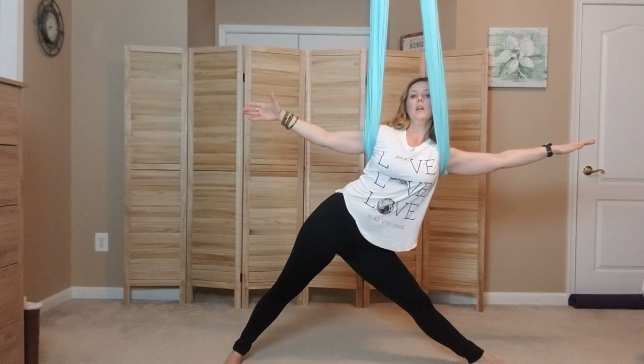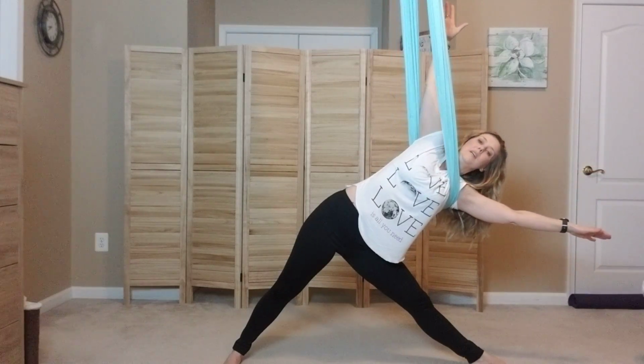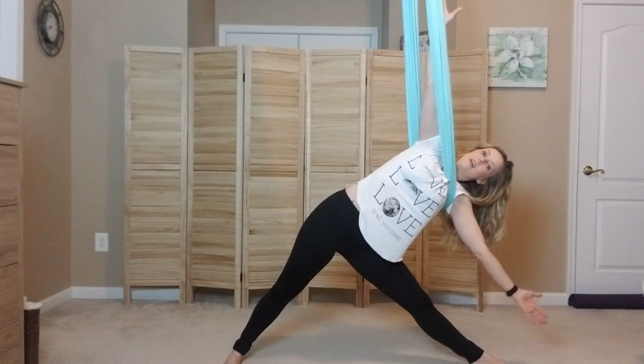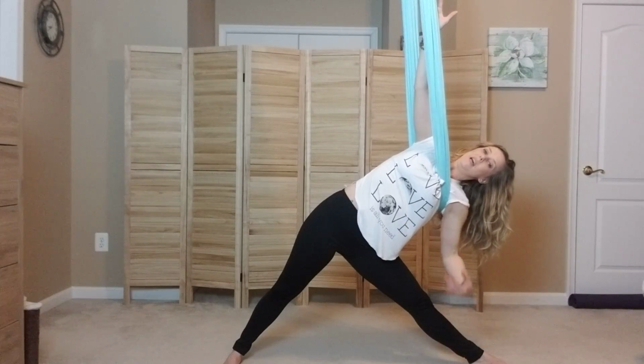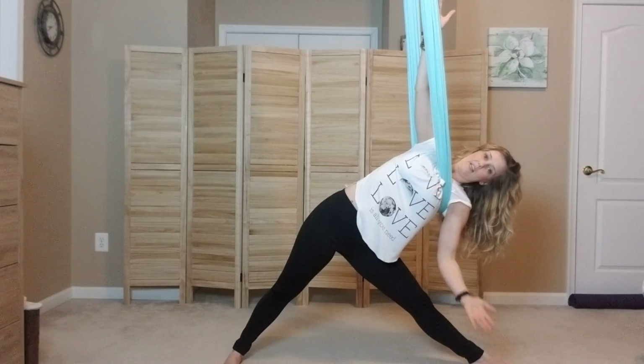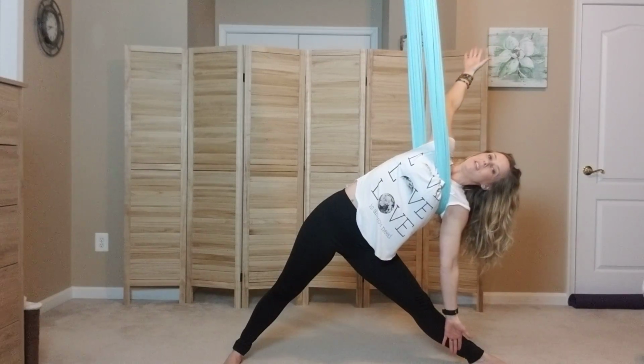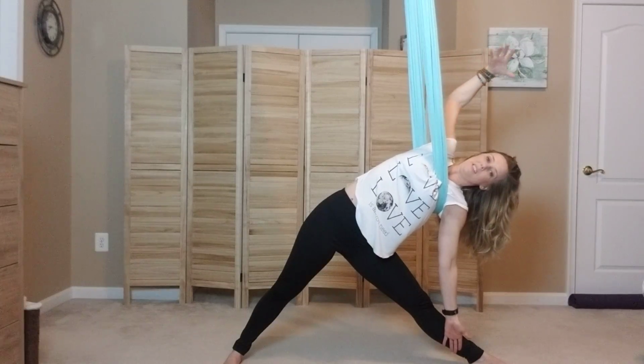Triangle. Make sure you're breathing. Breathing is good. One more time. And then you're gonna stay in this triangle. Glide those hands forward. Your back side, that shoulder will come off and around the silk. It can stay and even press into the top silk, bottom hand comes down. And that silk should be kind of up in your armpit, over a comfortable place there on your chest, obviously not in a place that's super uncomfortable. And breathe. And maybe even take this hand behind you,